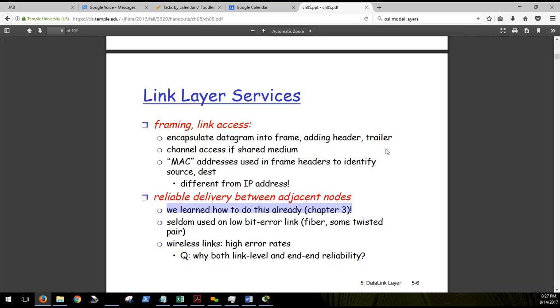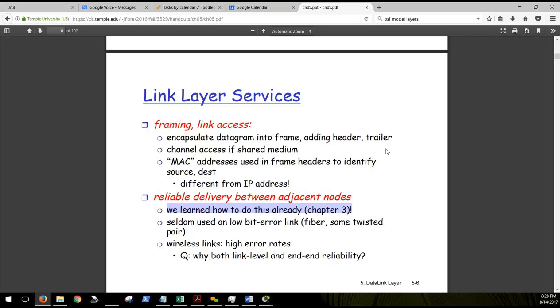So why the end-to-end reliability and link level? Are all transport layer communications, do they all provide the same level of error checking and so on? Not everybody, no. Yeah, because if you recall,